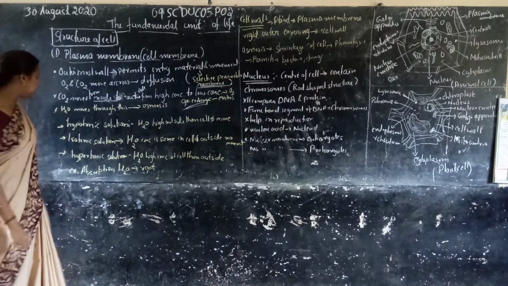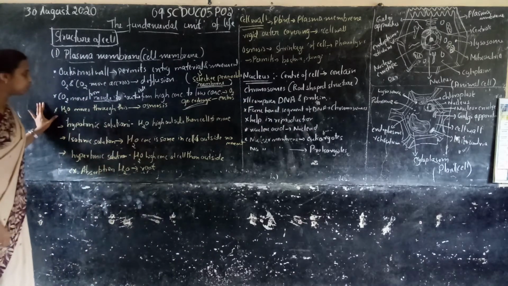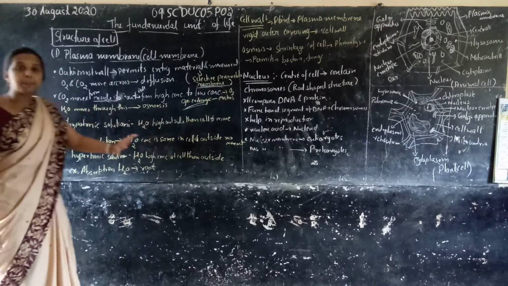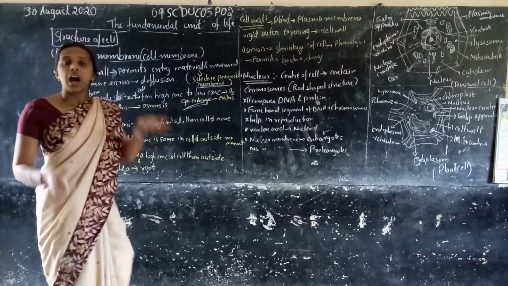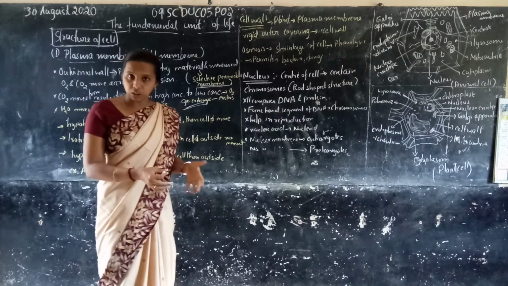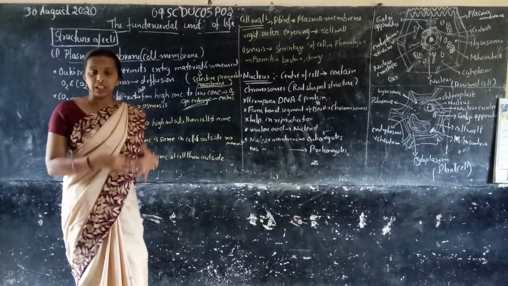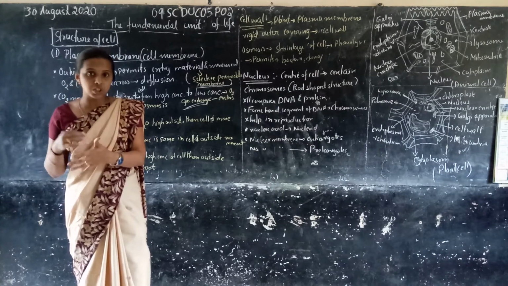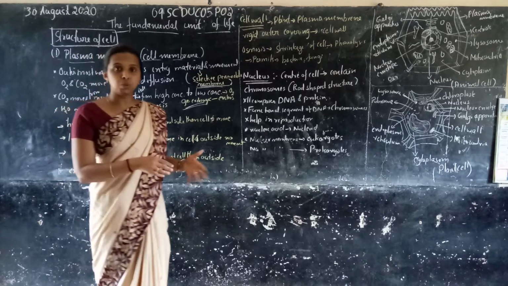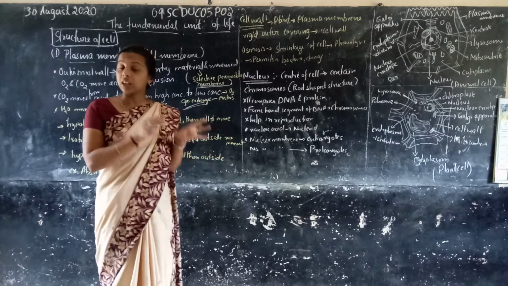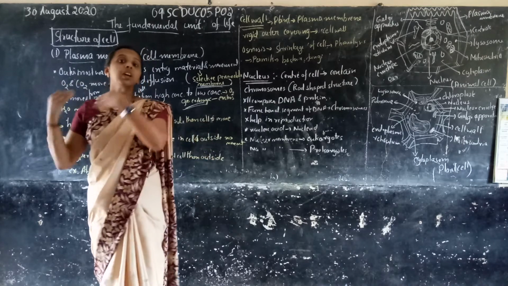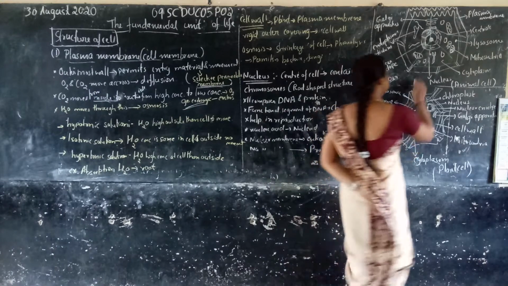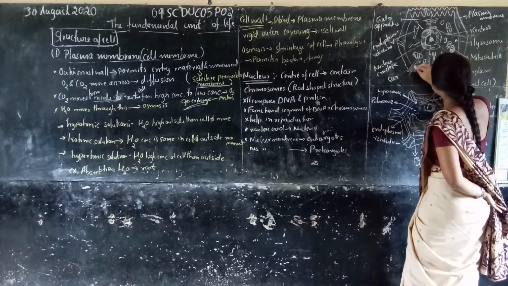Similar to the water: if water moves from outside the cell to inside the cell through a semi-permeable membrane, that means the high concentration of water molecules outside the cell moves to inside the cell, where the concentration of water is low. Water moves from a high concentration to a low concentration part through a semi-permeable membrane. They always move through the semi-permeable membrane, right?